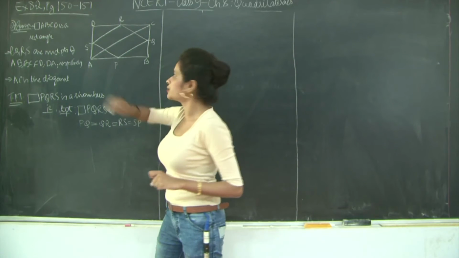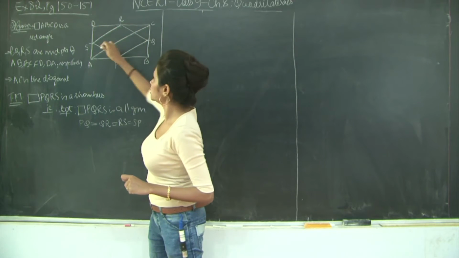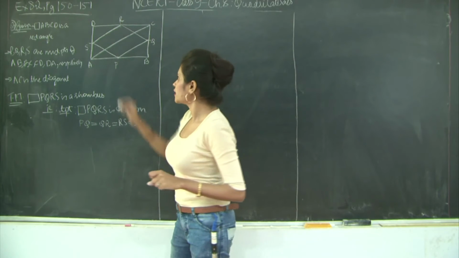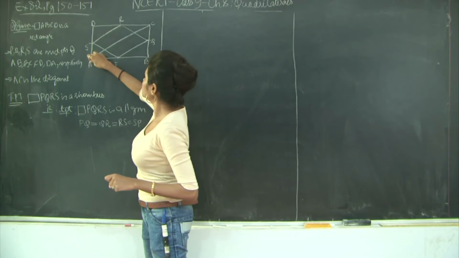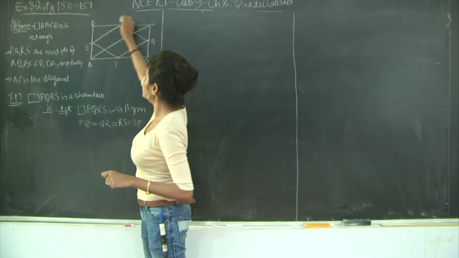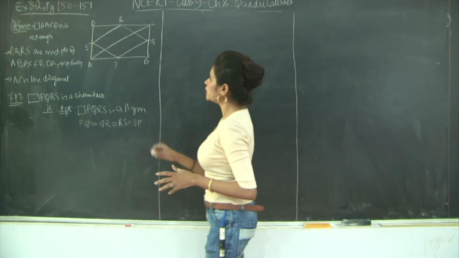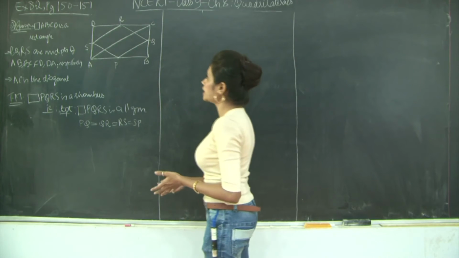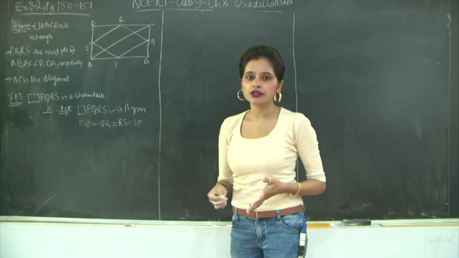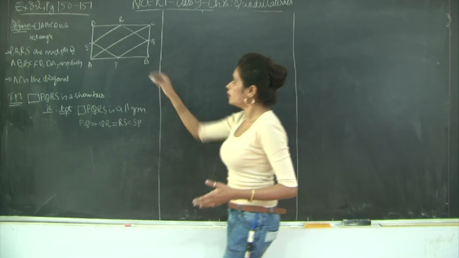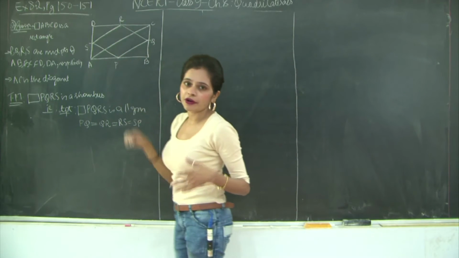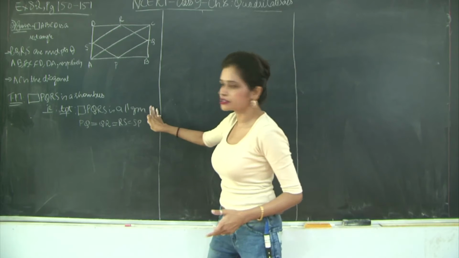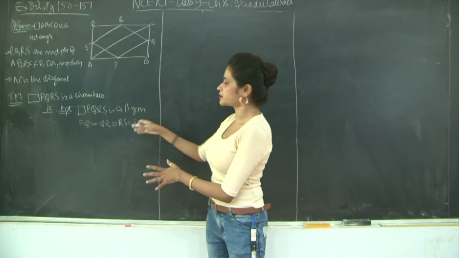We have this diagonal out here. So if you take a look at triangle DAC, you have S and R as the midpoints of DA and DC respectively. Therefore, according to the midpoint theorem, SR is equal to half of AC and SR is parallel to AC. And similarly, you can show that PQ is parallel to AC and PQ is equal to half of AC. Therefore, what do you get? That SR and PQ are not only equal to each other, but they are also parallel to each other. Therefore, in quadrilateral PQRS, you have one pair of opposite sides which are equal and parallel, which is why quadrilateral PQRS is a parallelogram. So our first part is proved. Let's write that down and then proceed with the second proof.